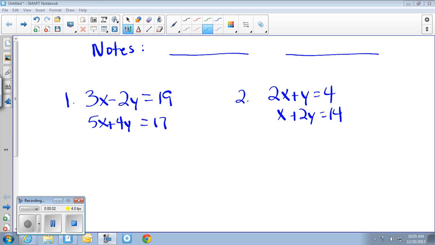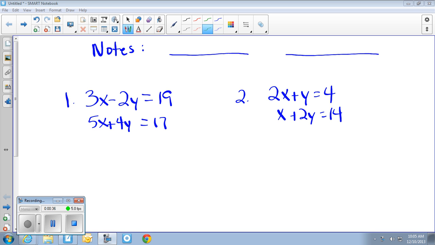Okay, Ms. Whitaker here, and I'm going to go over the notes for solving systems of equations by elimination using multiplication. Now, we've already talked about eliminating using adding or subtracting or doing the opposite signs of one of the equations to cancel out or eliminate one of the variables. Today we're talking about eliminating one of the variables, but we have to tweak one of the equations or maybe sometimes both equations, and we have to multiply this time by the same number all the way across